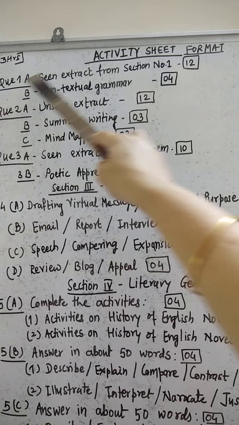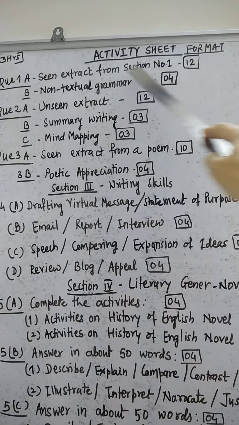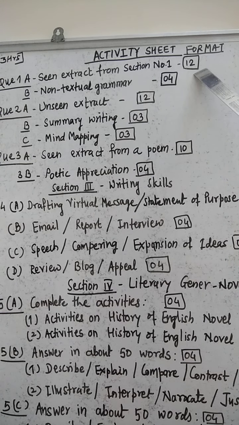Now this particular question 1, the A part of question 1, carries 12 marks, where we will be attempting 6 different activities carrying 2 marks each. Now all these activities will be of different types. Say, for example,